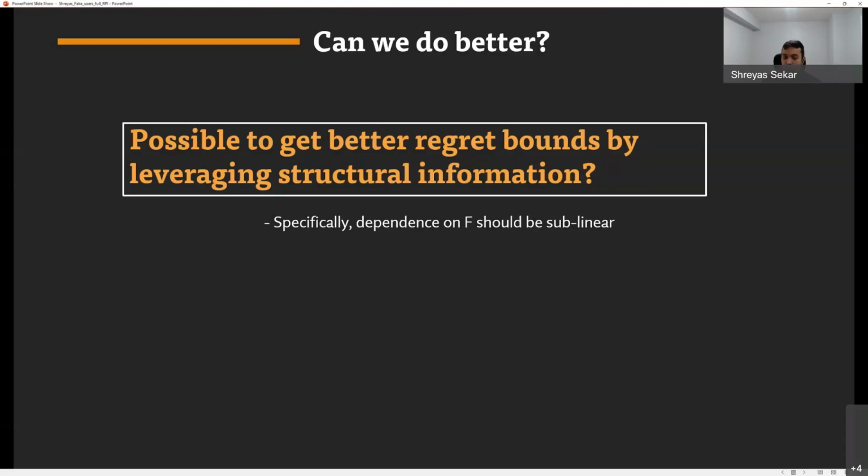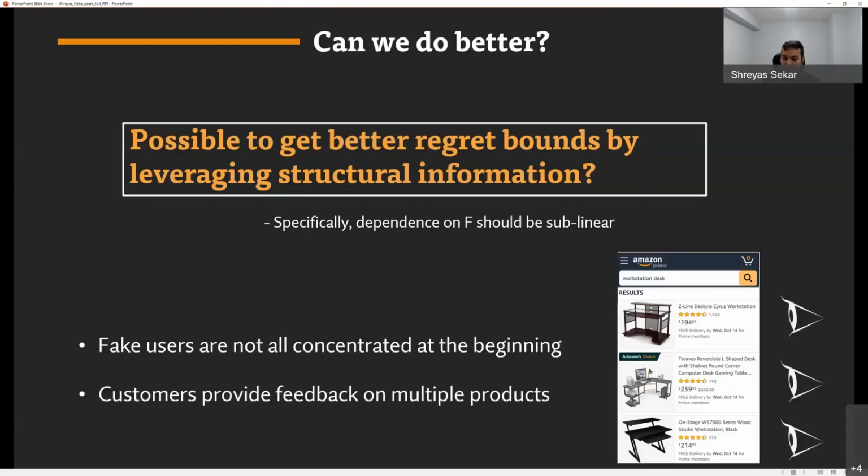All right. To answer this question, I'm going to leverage two simple ideas that are very common in product ranking settings. The first idea is that if you remember the bad example from earlier, all the fake users were concentrated at the beginning. That tends to be a very canonical type of bad example, but in reality, you may not see this kind of fake users. In reality, a product can hire fake users to behave in a very specific way. For example, every time a product's ranking falls below the first page, come and click on the product and boost its position.